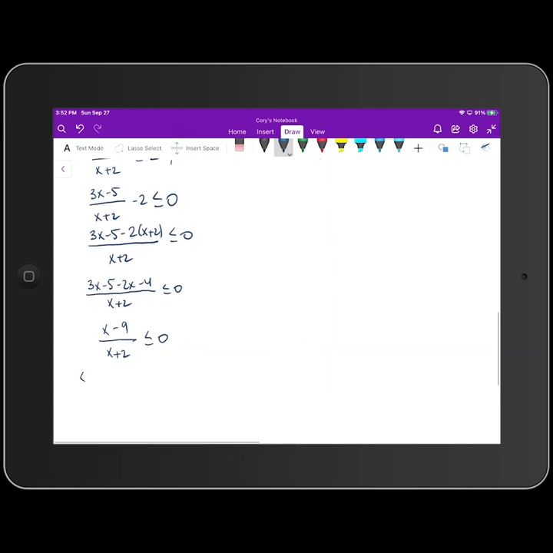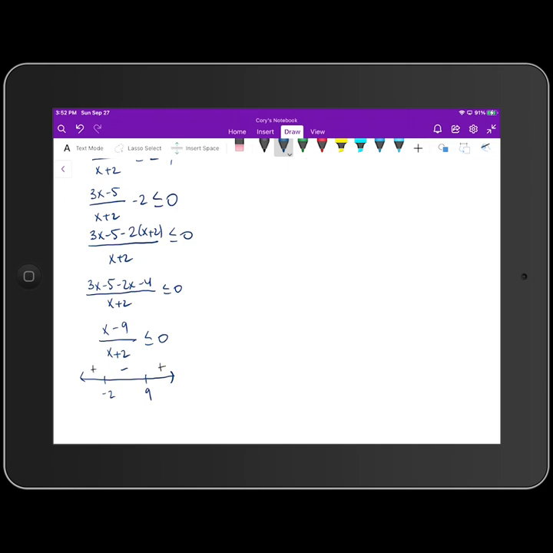Okay, so we're going to list the zeros of the numerator and denominator in order from smallest to largest. So those are negative 2 and 9 respectively. And then we're going to pick an interval to test. So this time I'm going to pick the middle interval because it's going to be the easiest one for me to test. I think the best choice to pick on that middle interval is the number 0. So when I plug 0 into that quotient, the numerator is negative, the denominator is positive, so that gives me a negative quotient. And because the multiplicities of both of those zeros, negative 2 and 9, are odd, that means the sign is going to change